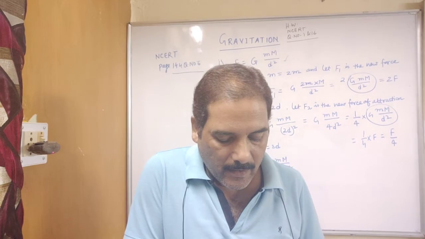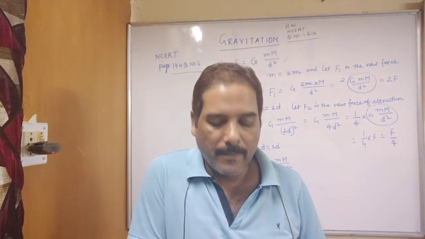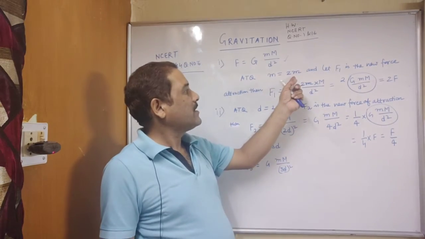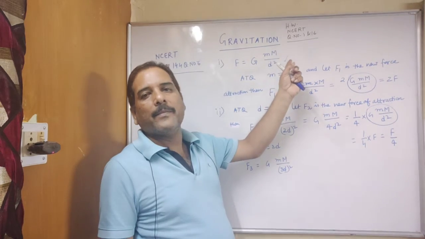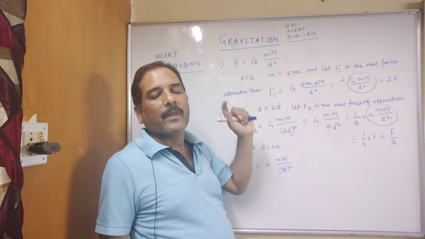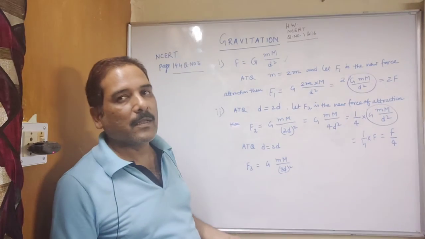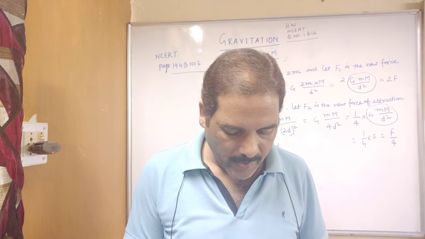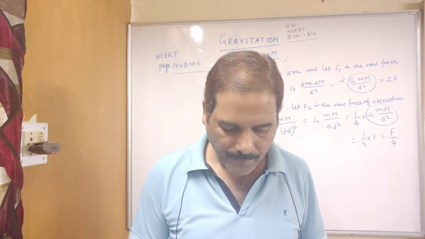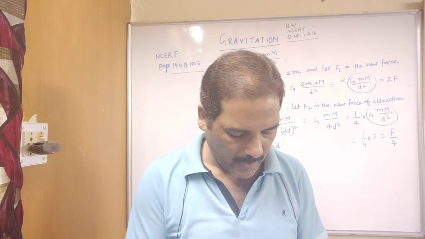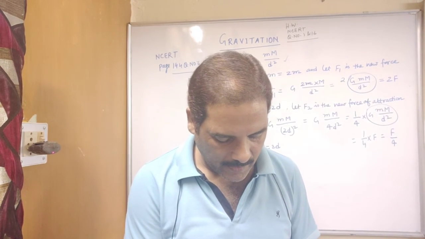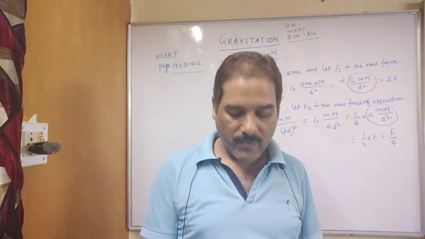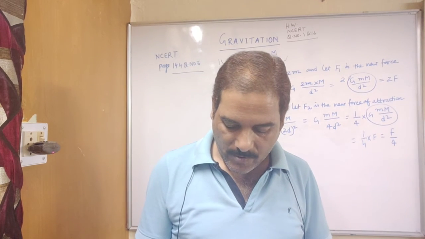And in the third part, the mass of both the objects is doubled. If mass of both the objects is doubled, it means this small m is equal to 2m and this capital M is also equal to 2M. Then 2m into 2M, 4mM, it means the new force is 4 times the original one. So these numericals are very important. And question number 1 and 16, I have given 1 and 16, and the remaining portion of question number 6. You have to solve these questions.